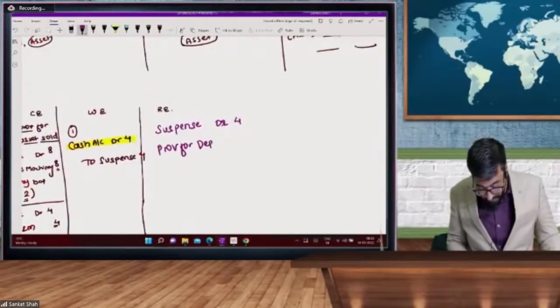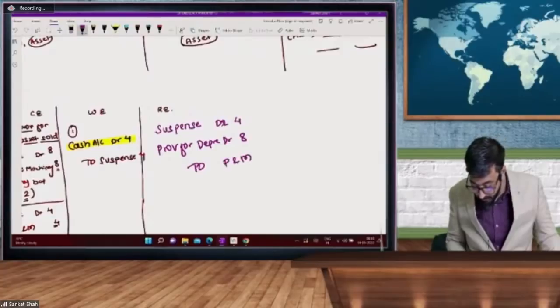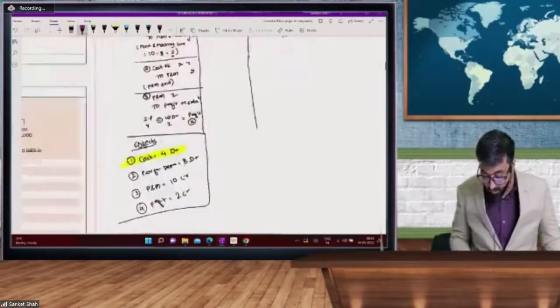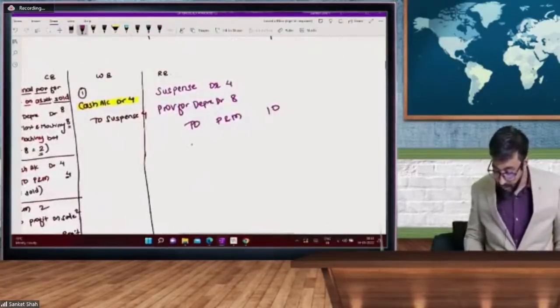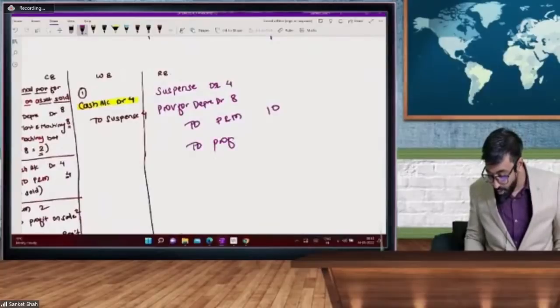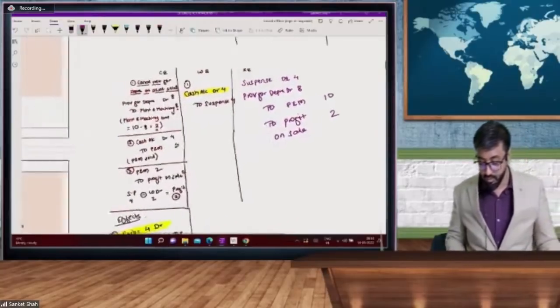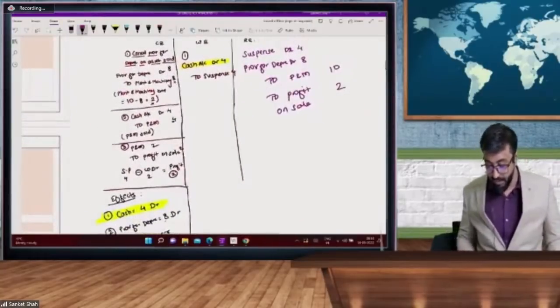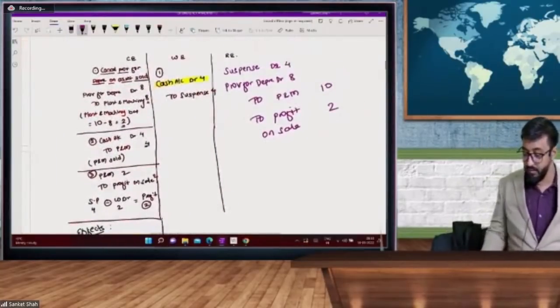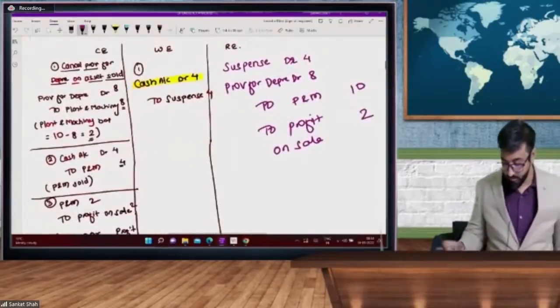Provision for depreciation 8 debit, to plant and machinery, we cancel it, so 10 rupees. And to profit, we have to record profit on sale. This is 2 rupees. So this is the rectification entry we have to pass. So very, very simple. If you want to take a screenshot,